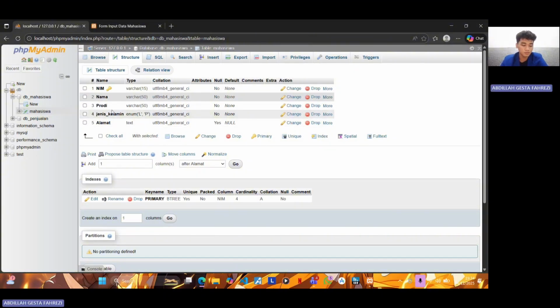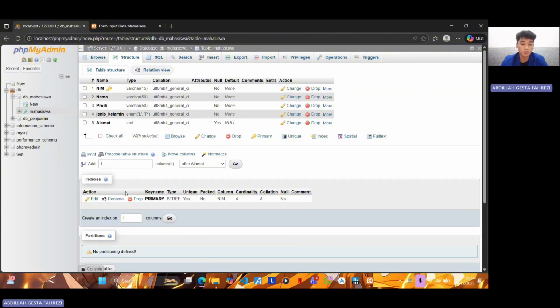For jenis_kelamin, I use type enum with L and P. This stores the gender. And the last one, alamat, I use type text. This stores the address and it can be empty. So every time I submit the form in the web application, one new row will be inserted into this table.